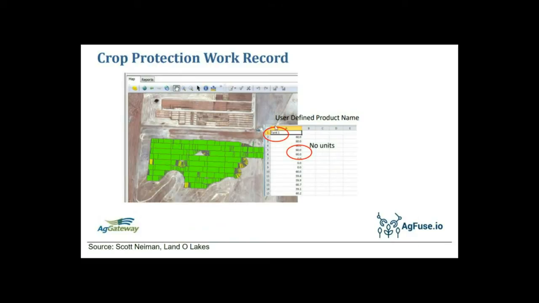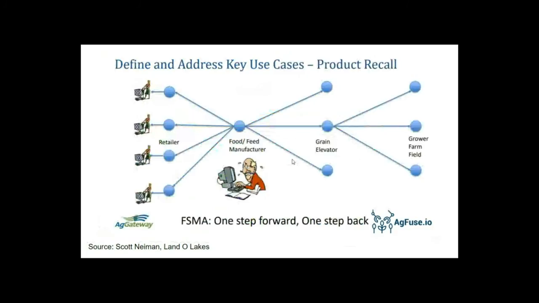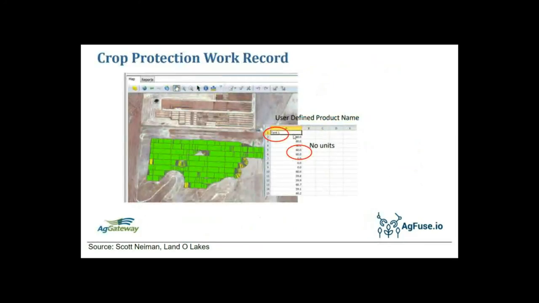So what is happening right now is you have user-defined product names, and you have something like Tank 1. So this guy needs to sort out what Tank 1 is for all of these different growers. Well, if you had a standardized product name and you're able to communicate, well, what does 0 mean and why, and what is it? It's essentially similar to a schema, having a standardized schema like GeoJSON.